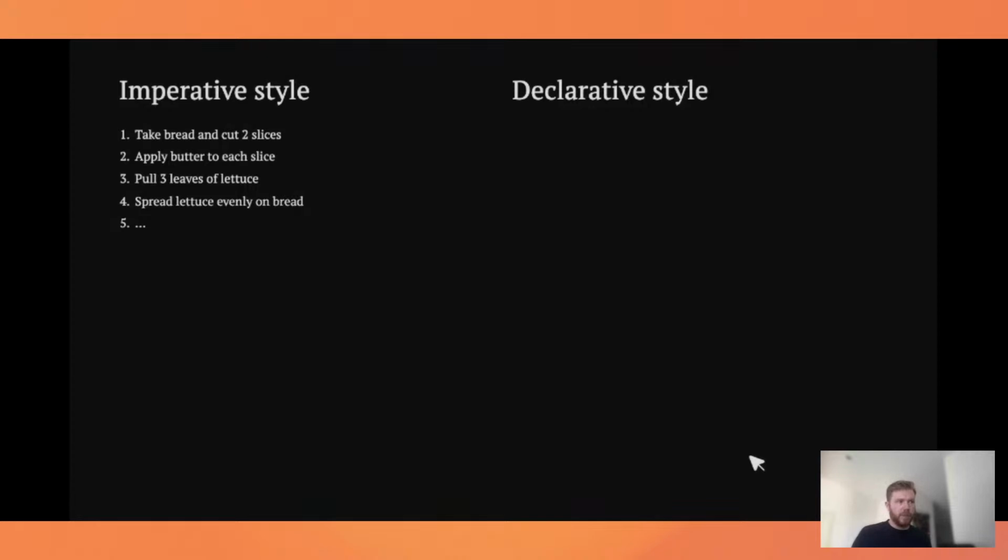It has these commands which are very detailed, and as you can see, I haven't written all the commands because it won't fit on my screen. And a declarative version of this would simply be: make me a lettuce, tomato, cheese sandwich. I'm exaggerating a little bit, but it's more or less a way to describe the differences between the two styles. If we have a code example,